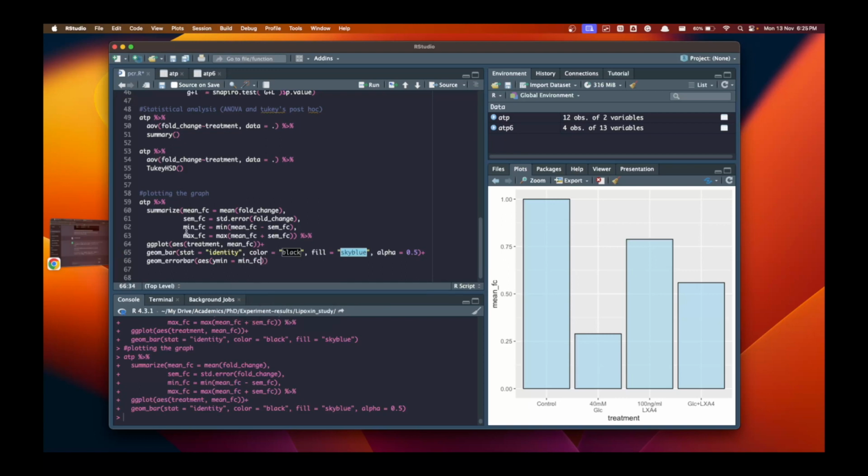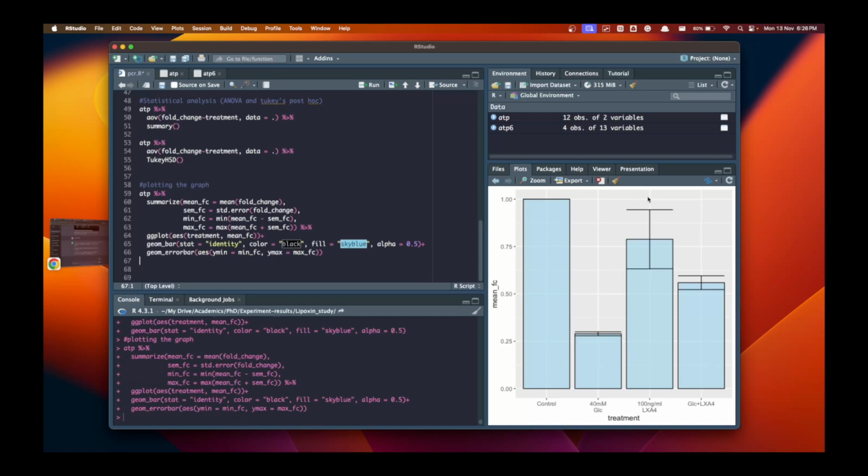Otherwise, if you hadn't specified this earlier, you can write the whole thing here: ymin equals mean FC minus sem FC. But it's better to specify it at the beginning. And ymax equals max FC. If we do this and hit enter,